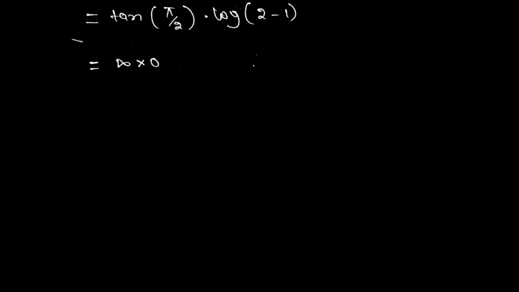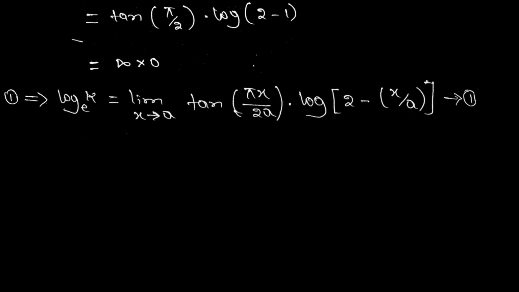We know that tan 90 degree is infinity and log 1 is 0. So we got infinity into 0 form. Now let us consider equation number 1 back and